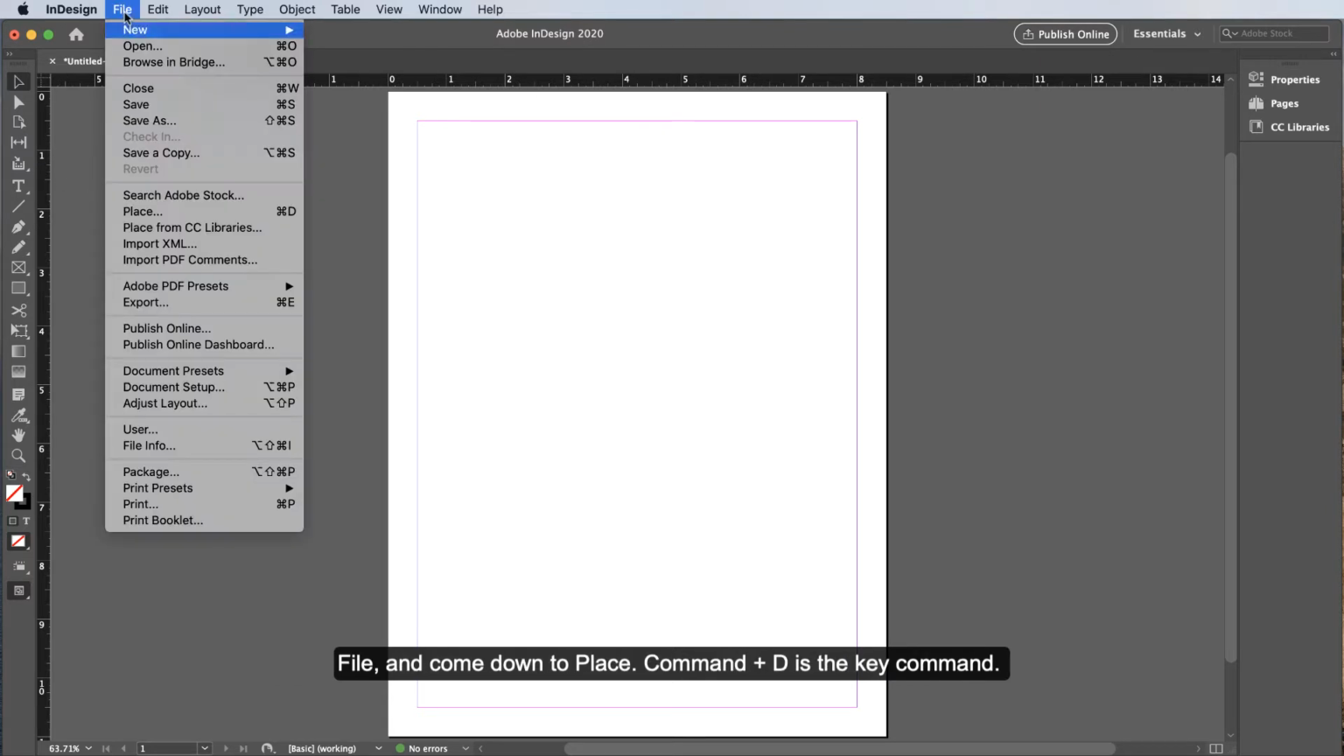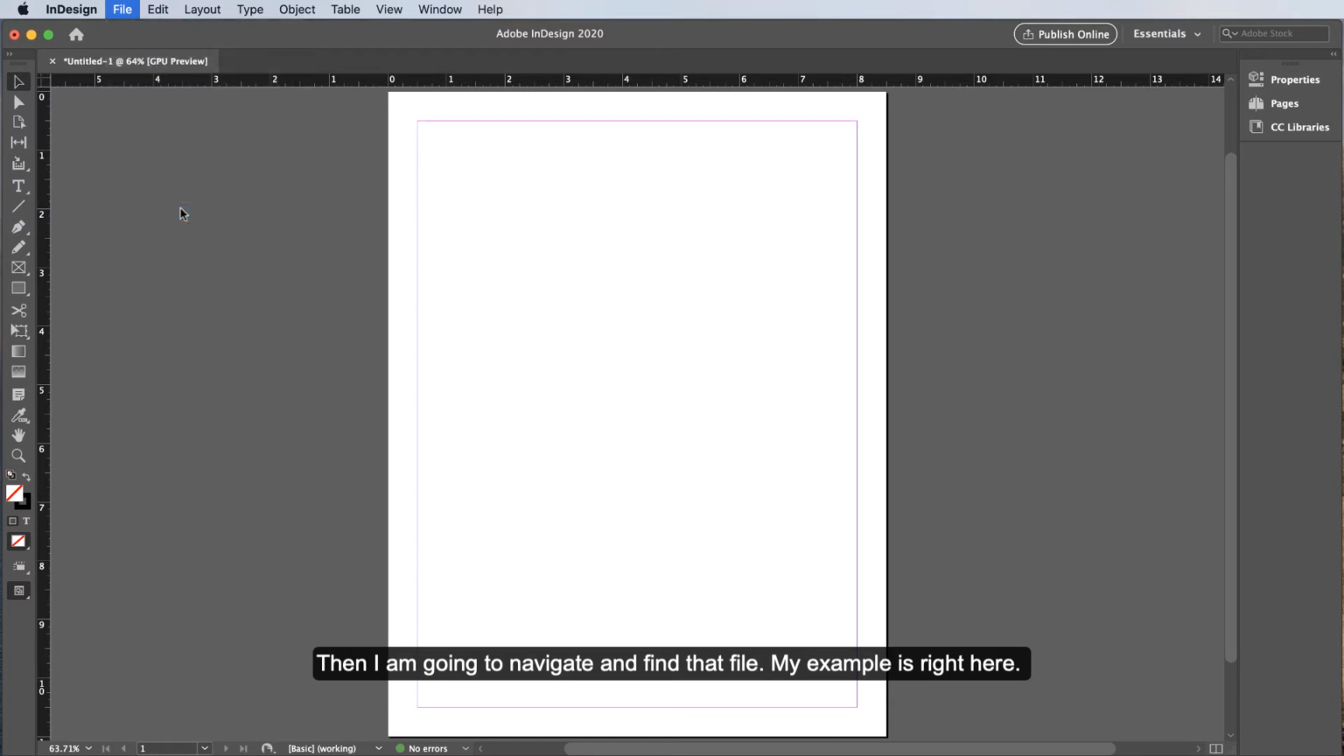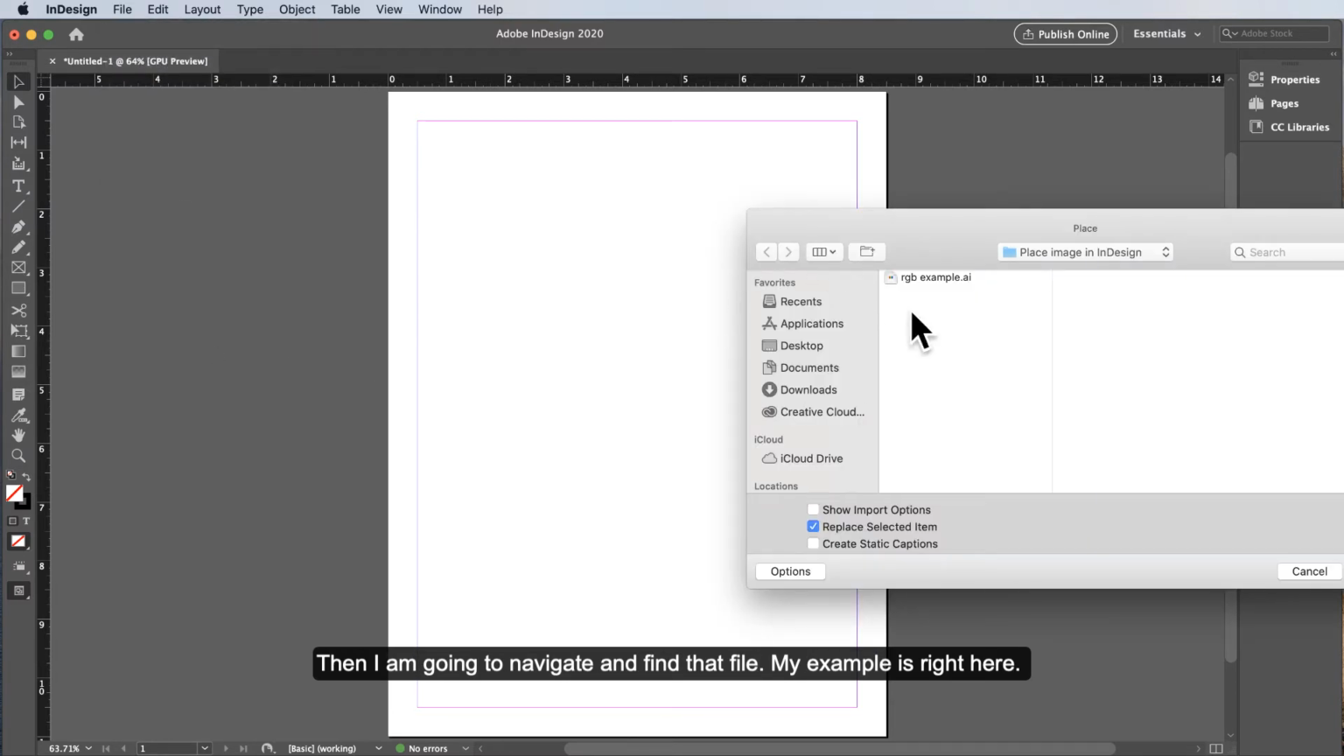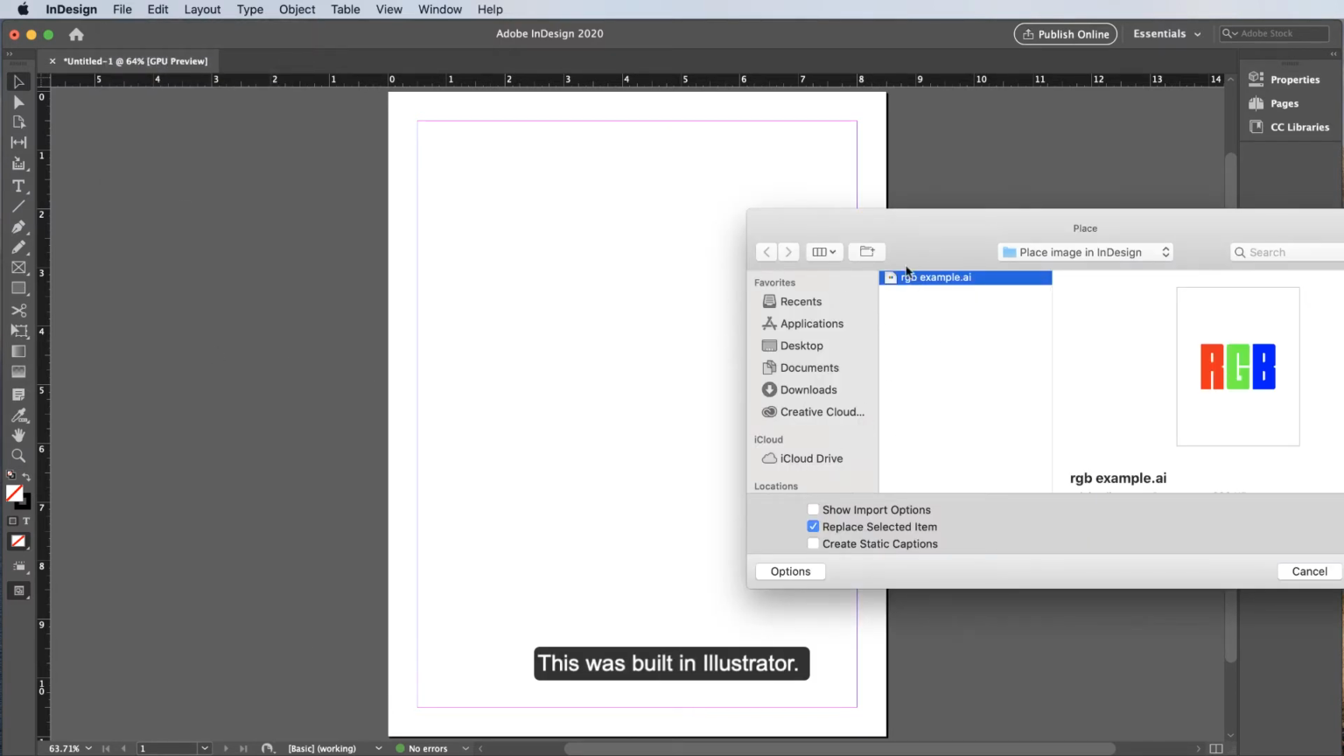So I'm going to go to File, and come down to Place. It's Command D is the key command. And then I'm going to navigate and find that file. My example is right here. This was built in Illustrator. So I select that file,